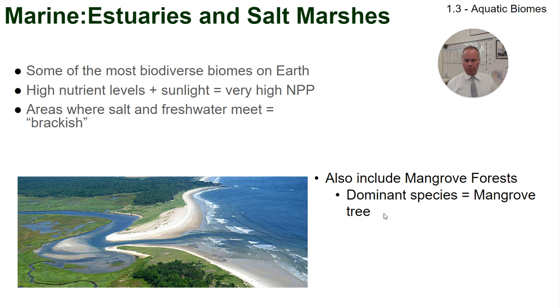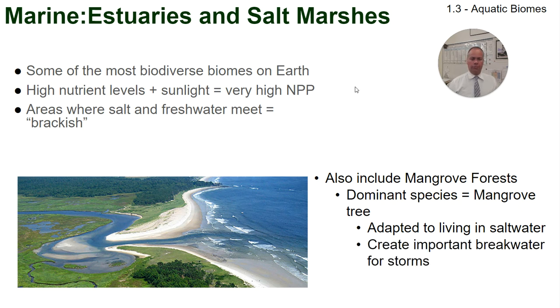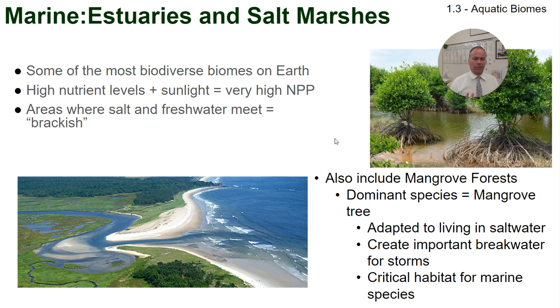We'll talk more about mangrove forests. These are types of aquatic marine ecosystems where the dominant tree are mangroves, called mangrove forests, and they are really important ecosystems for flood protection, for storm protection during tropical storms and hurricanes, but they are in danger because of human activities as well. And these mangrove forest trees are adapted to living in salt water. They have roots often elevated above the ground to obtain oxygen. They're uniquely